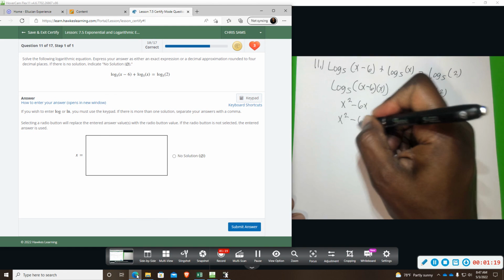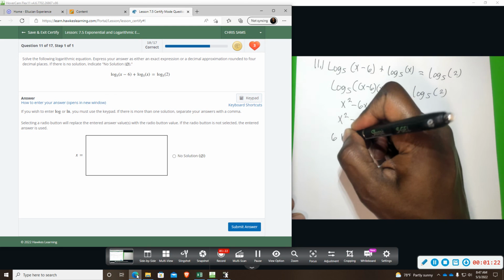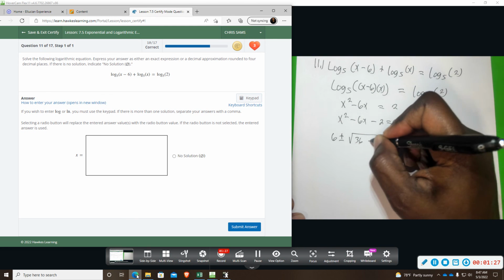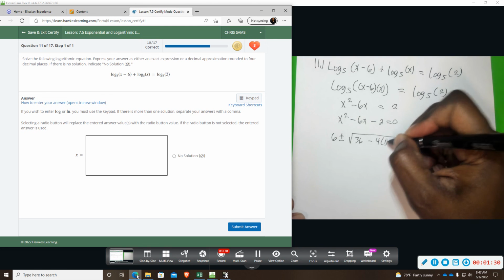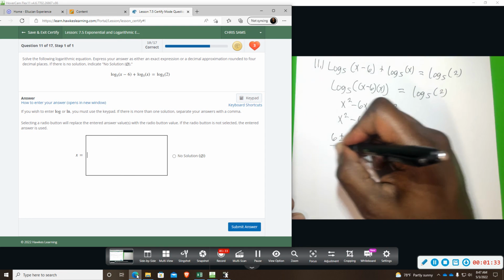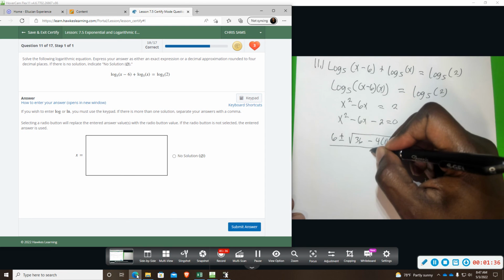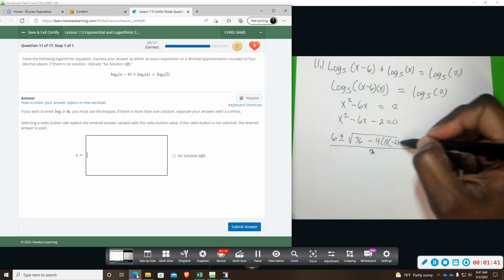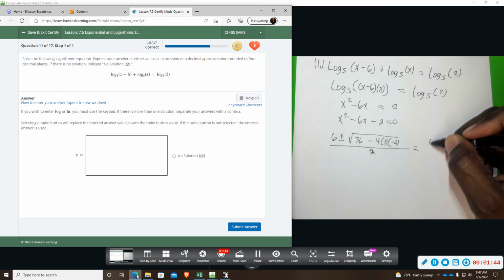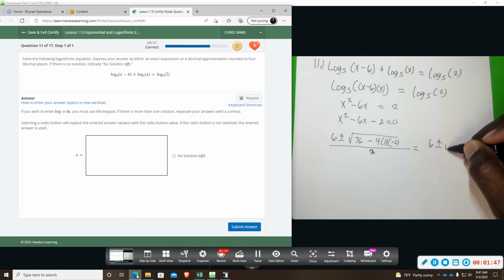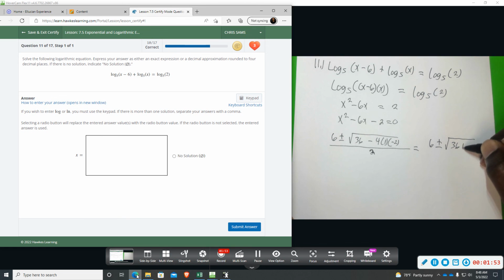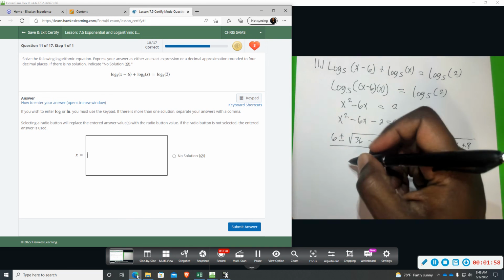So we're going to do negative b, so it's going to be a positive 6 plus or minus the square root of negative 6 squared, which will give you 36, minus 4 times a, which is 1, times c, which is negative 2. And this is all over 2a, which is 2 times 1. Okay, so at this point, we're going to simplify the inside again. So 6 plus or minus the square root of 36, and this will give you a positive 8, plus 8, over 2. I'm going to zigzag across,